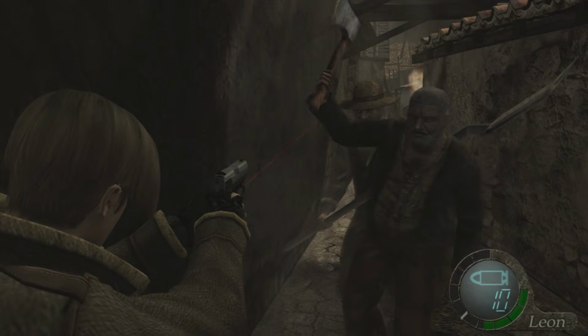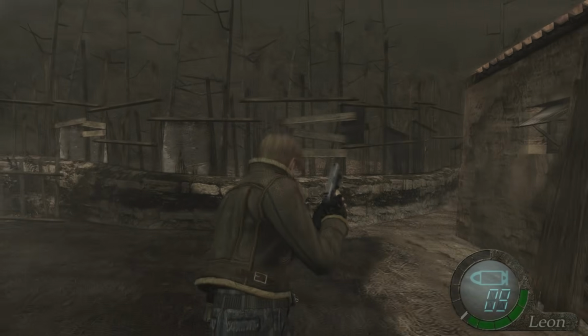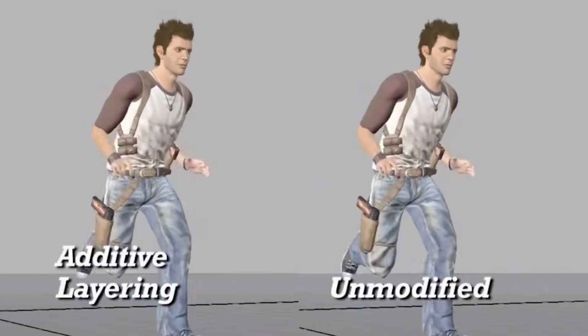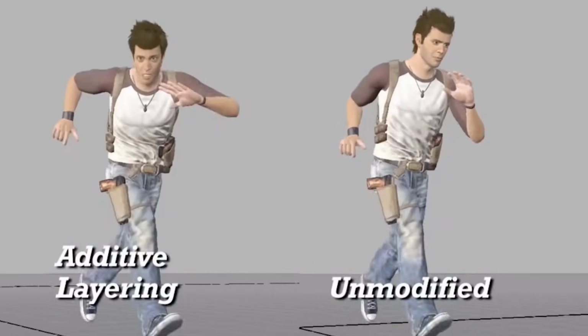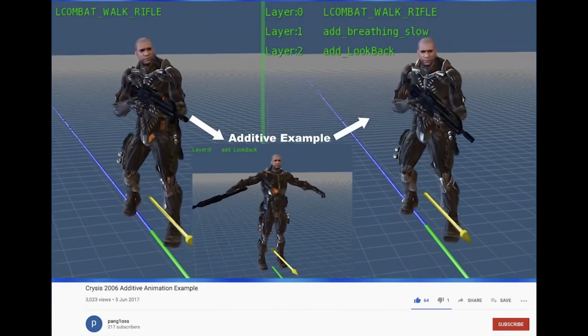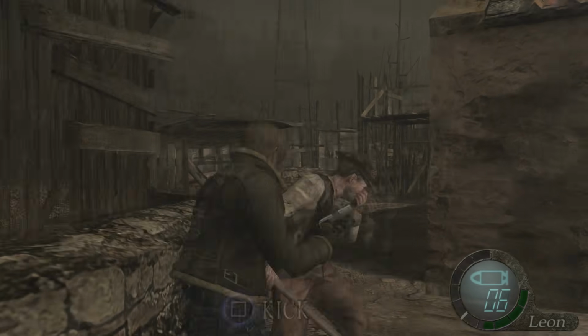Leon's character model is split into different parts which can move independently of each other. His head can look at things as he runs by, for example. It's not quite animation blending, which is where 2 or more animations can be combined into a single action. This would come a little later in video game animation history. Most of the actions here are sequential, playing one after another.